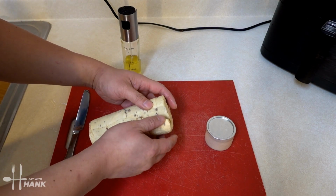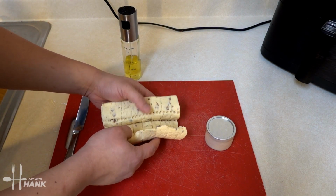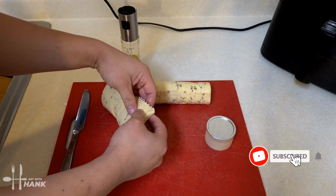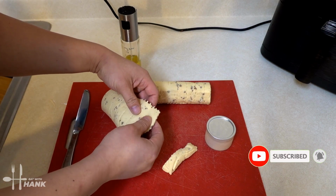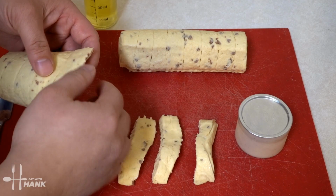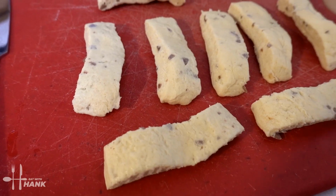So let's open it up. It's already pre-cut. Here we go. This is what it looks like before we put it in, and now let's preheat the air